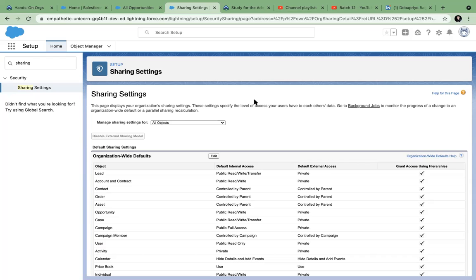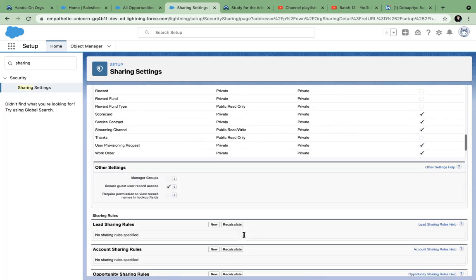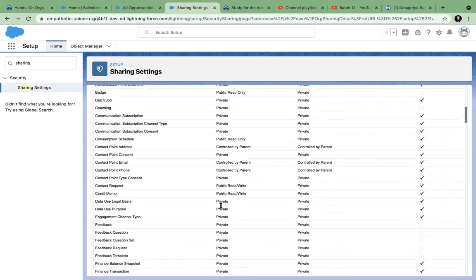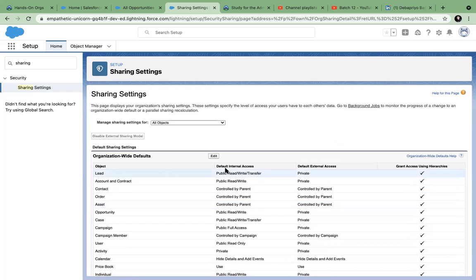How does it go? I mean, how does the SA usually install those things? So there are some default settings. What you are seeing right now is the default setting of OWD. Correct. So Salesforce automatically puts some default settings. Whatever you are seeing right now in OWD is all set up by Salesforce. You see internal access, account, everything is by default.